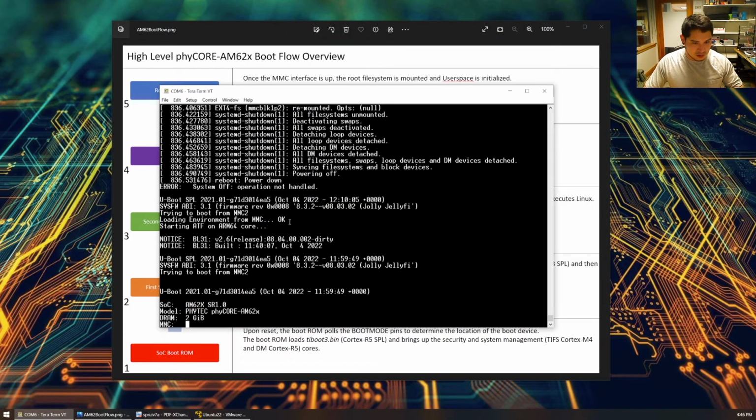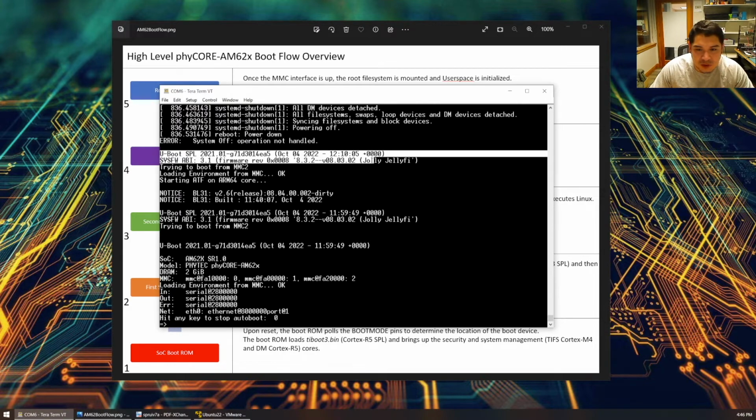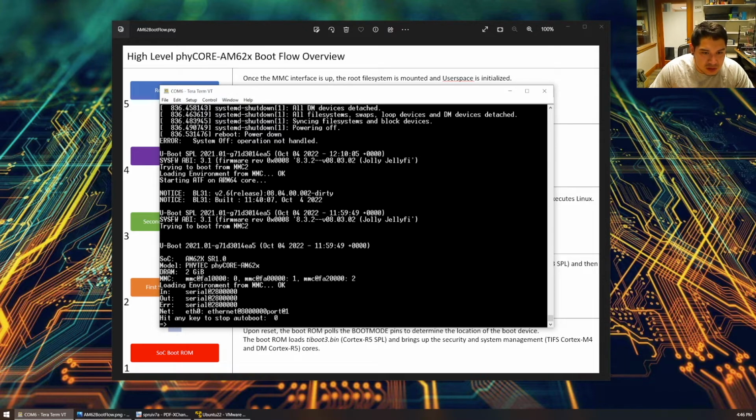We should be getting our boot up, and I'm going to interrupt boot. So perfect, we already got some interesting stuff here. We can see here the U-Boot SPL. I believe this is actually printed from the tiboot3.bin, and it's going to start up a number of